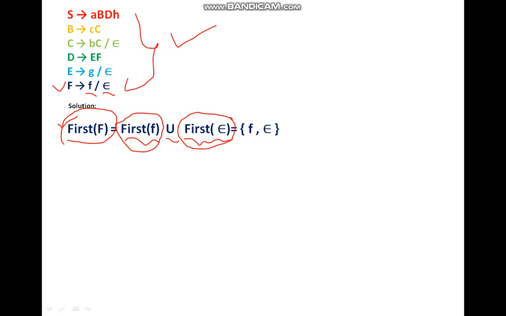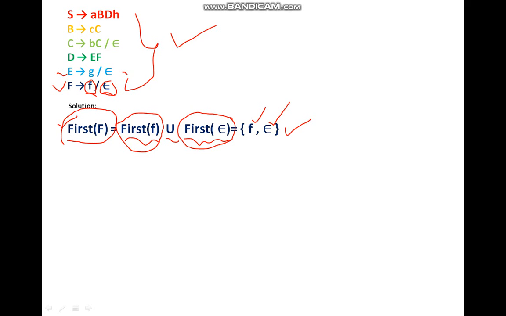If you solve this, you will get small f and epsilon, because capital F is deriving two strings, small f and epsilon, and in the string small f, small f itself is the first terminal, so it would be added here, and this string is epsilon or null string, so you can directly add it.